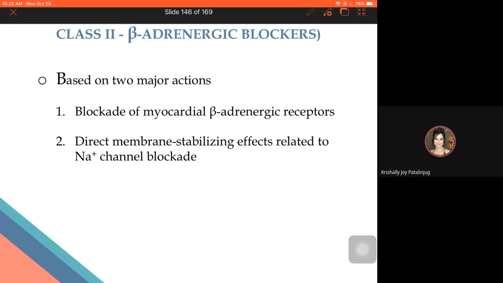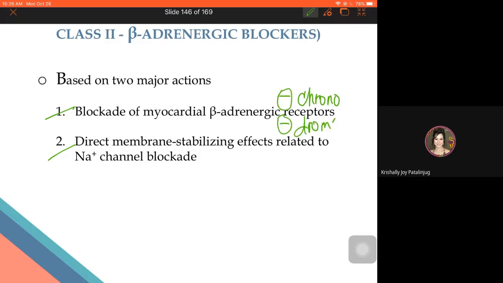So, meron tayong dalawang actions held by beta blockers. To be classified as class 2 antiarrhythmics, dapat una, meron siyang ability to block beta adrenergic receptors. Recall, kapag na-block ang beta receptors, meron siyang effect sa heart. Kasi nga, ang beta activation being a sympathetic response, it can affect heart rate. Kaya, by using beta blockers, they can cause negative chronotropy,